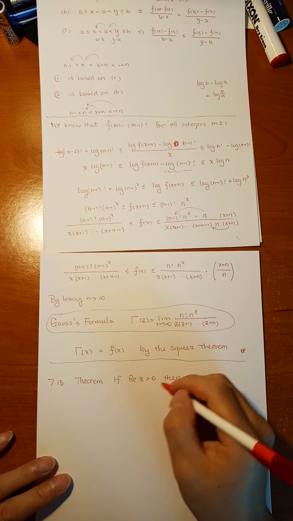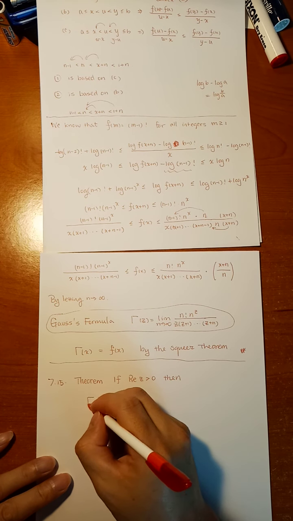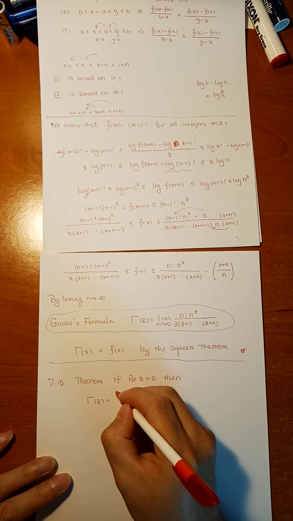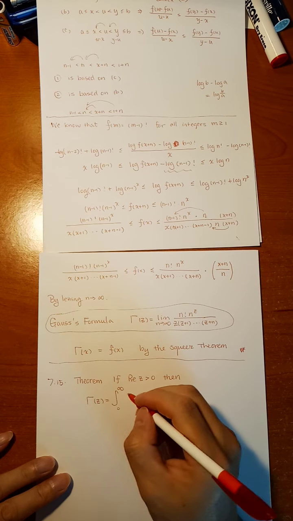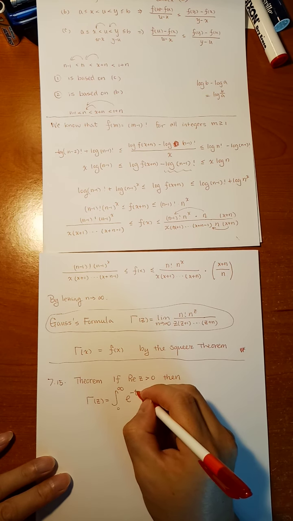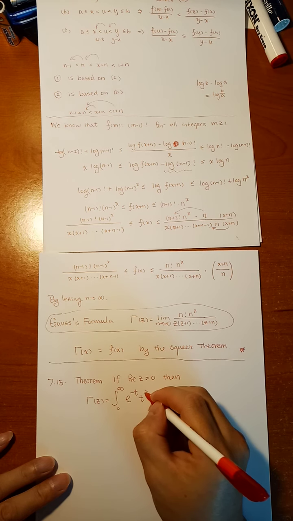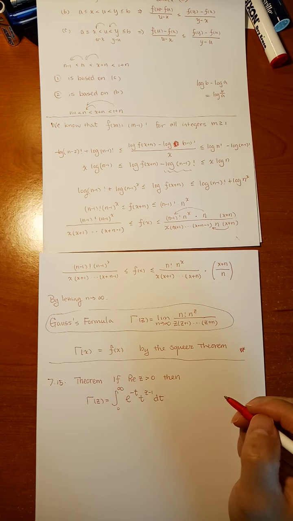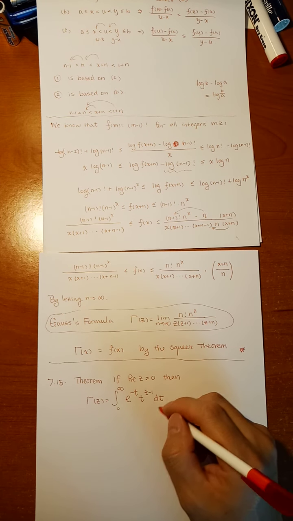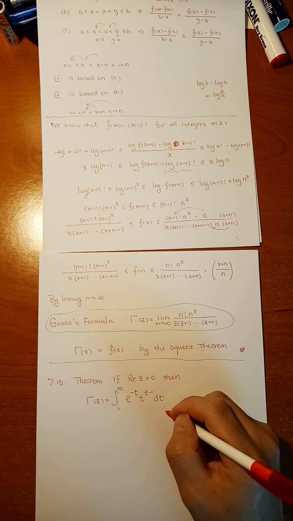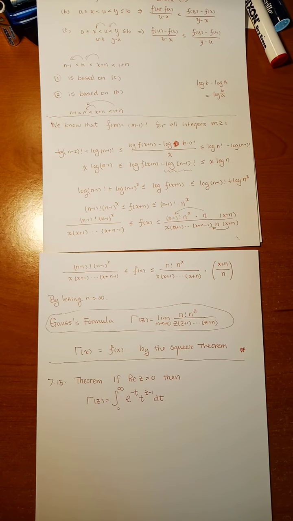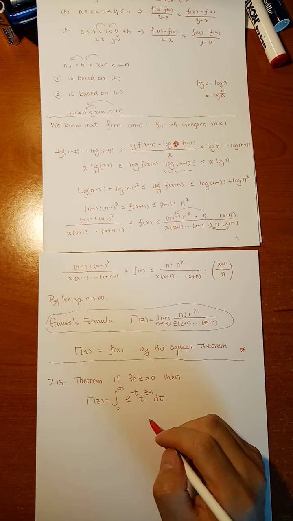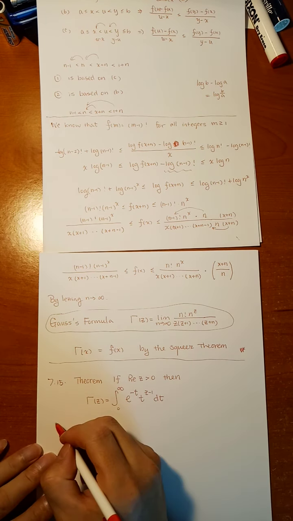If the real part of z is positive, then the gamma of z can be written as the integral from 0 to infinity of e to negative t times t to z minus 1 dt. Okay, so this integral is very bad. This integrand